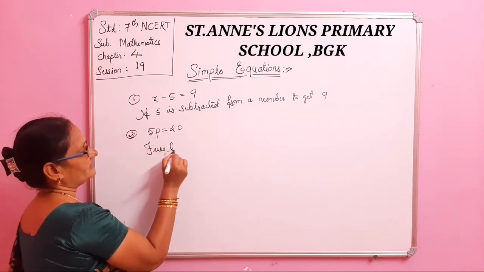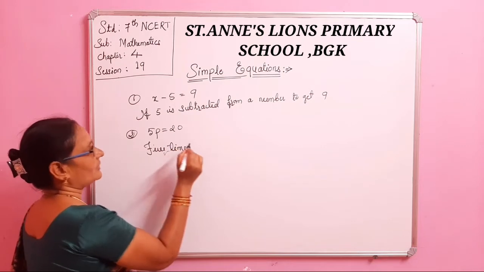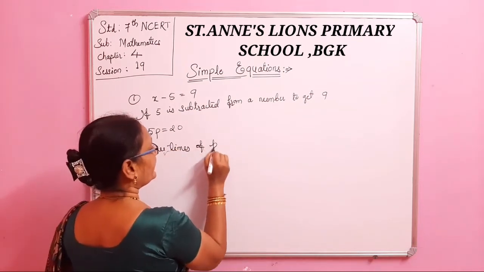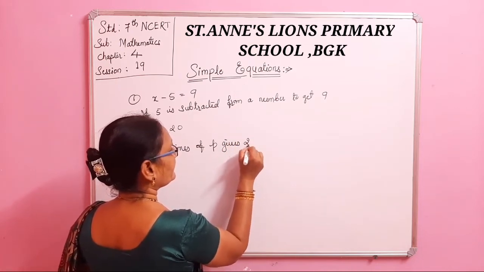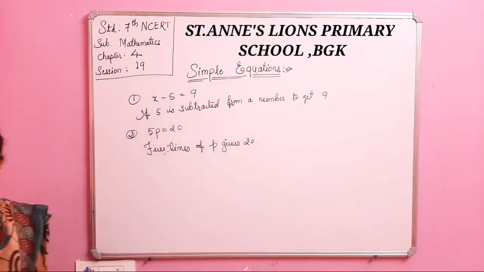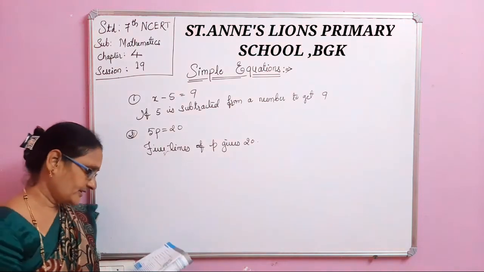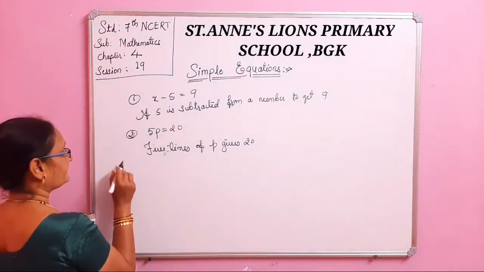5 times of p gives 20. Finish. Statement for the given equation. Next, third one,